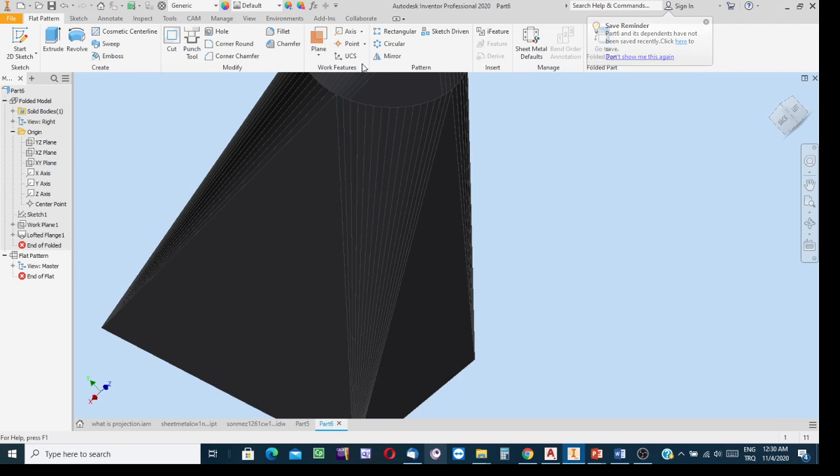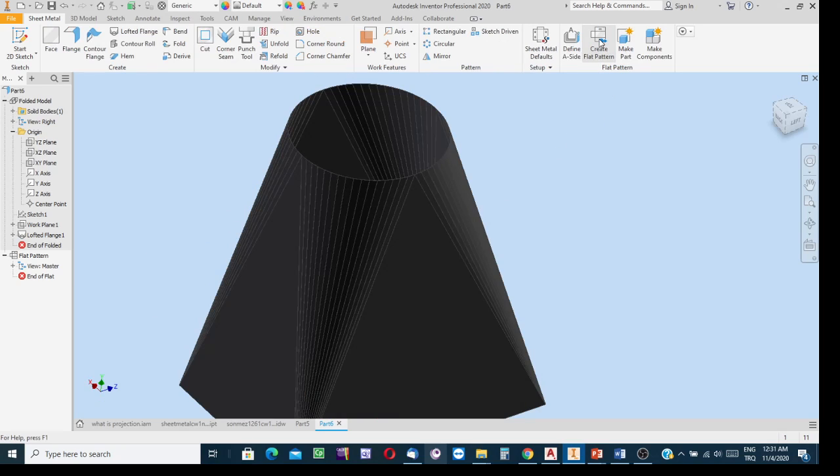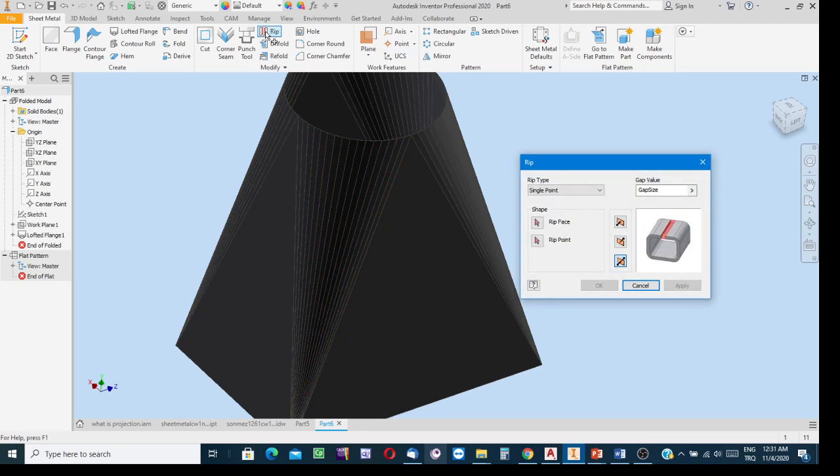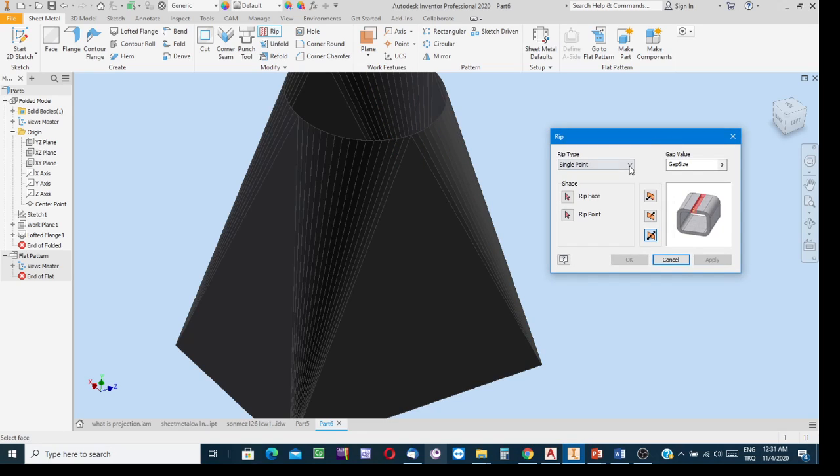Emboss, work feature, pattern, sheet metal, flat pattern, and then have a cutting along this edge, and thereafter click on flat pattern. But here you see, the process to apply is the rip process. Rip the sheet. Start the ripping process by clicking on the rip button, and then in this dialog,